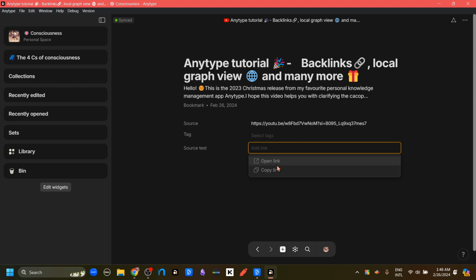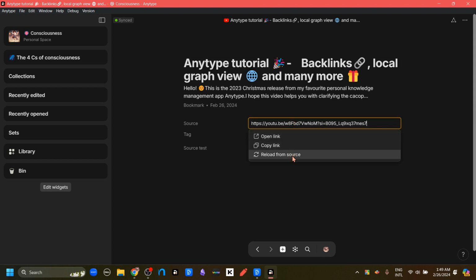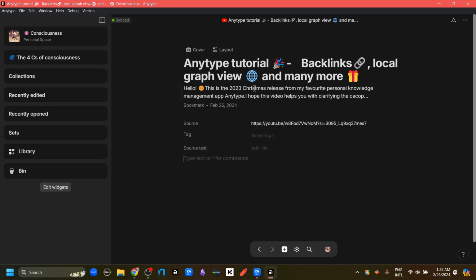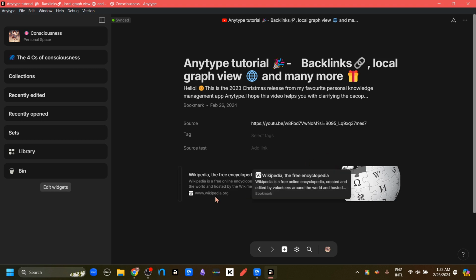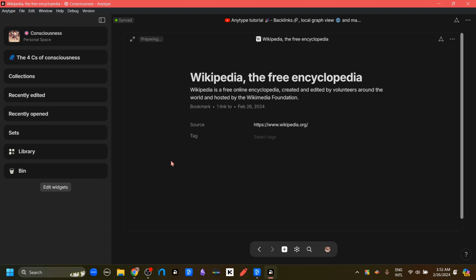Now if I click here, we can already see only 2 options, open link and copy link. The reload from source option is not here. So we have to keep this in mind if we want this formatting. But we can always achieve this formatting by just coming here, Ctrl V to paste, and we're going to choose create bookmark. And this will create an embedded bookmark type object. And if we click this handle and choose open as object, we'll see that we have our bookmark type object